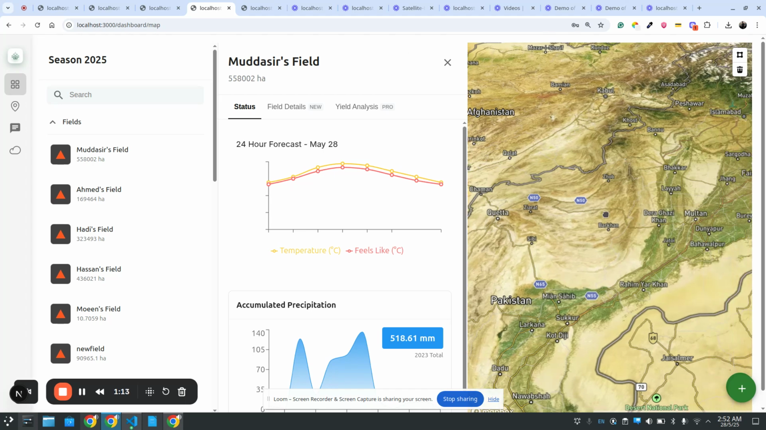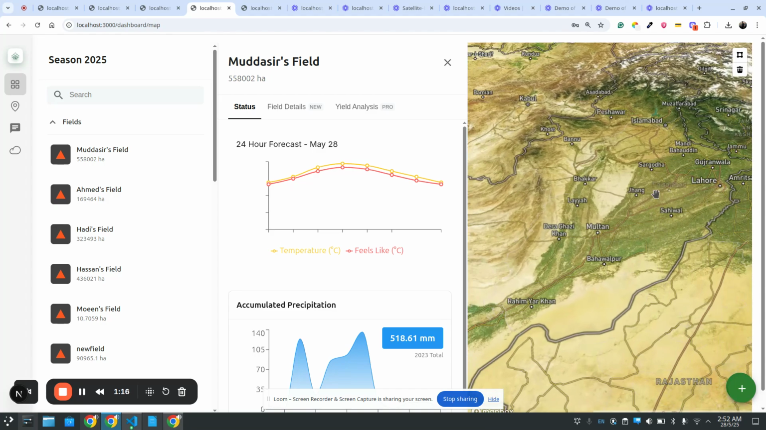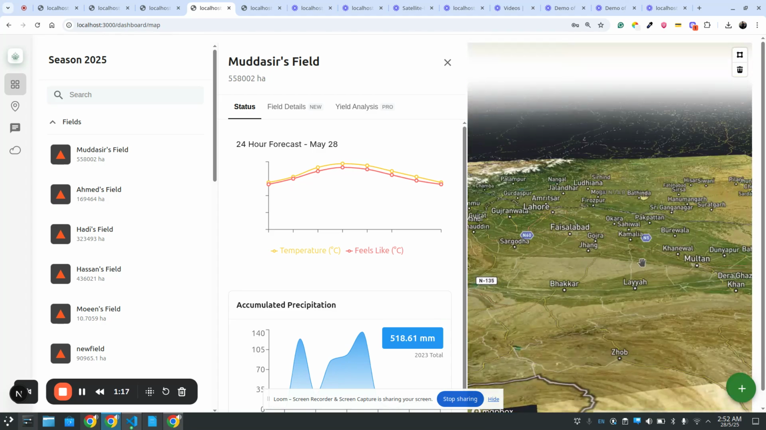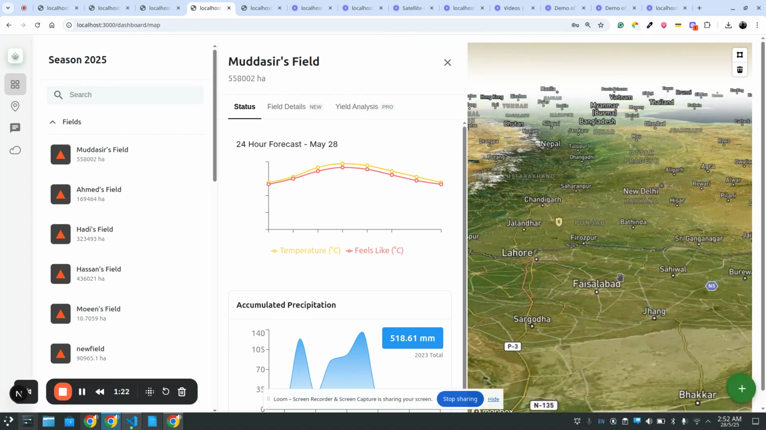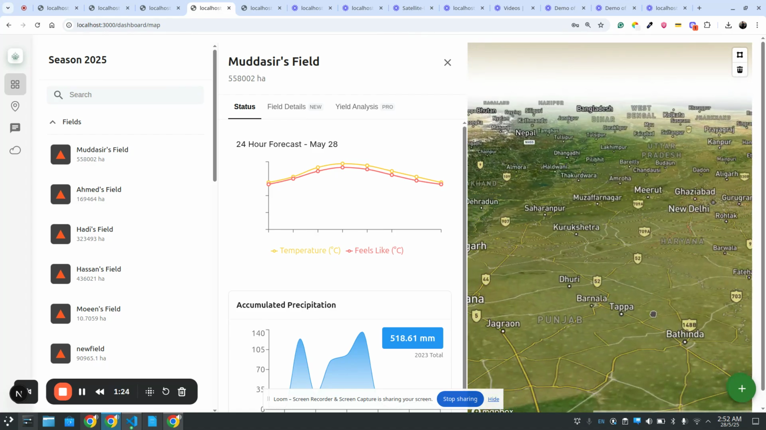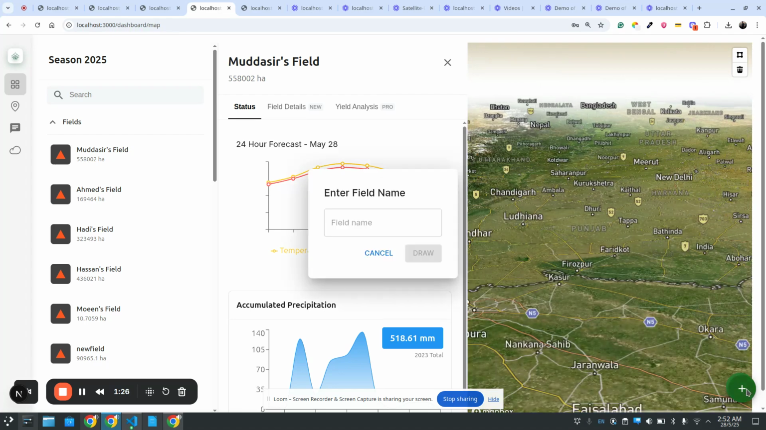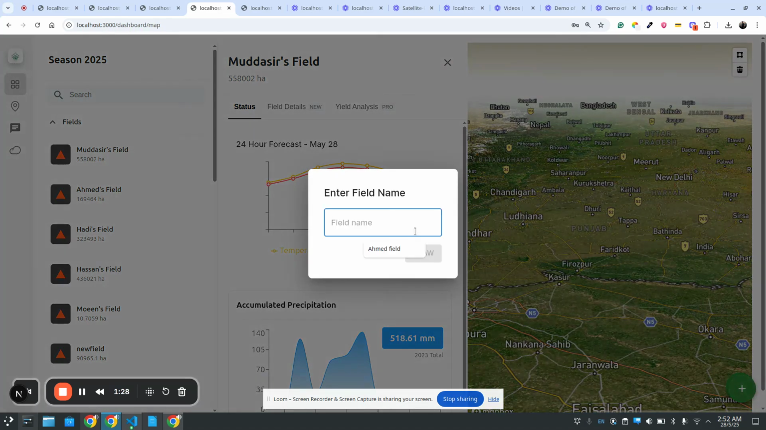So what we can do is create a field anywhere on the map. Here I have the map narrowed to Pakistan because right now we are just focusing on Pakistan. So you can see that. I click on the plus icon, and I write here